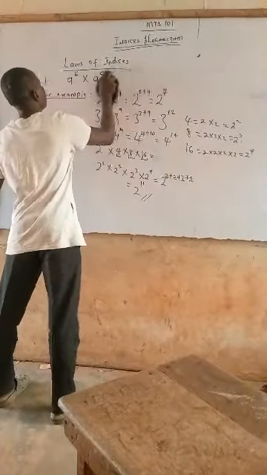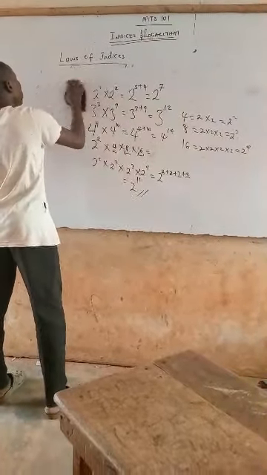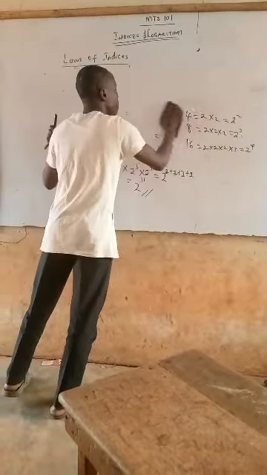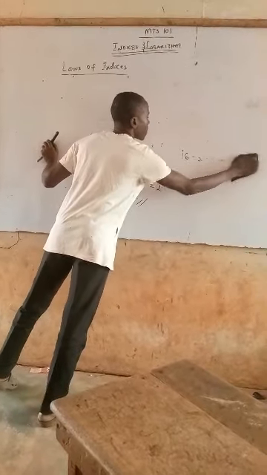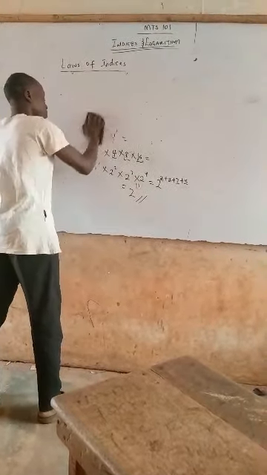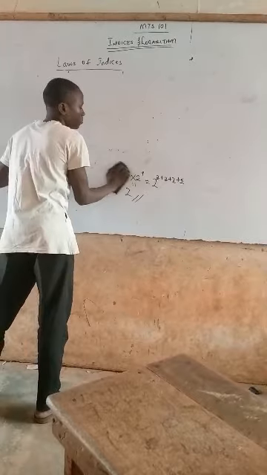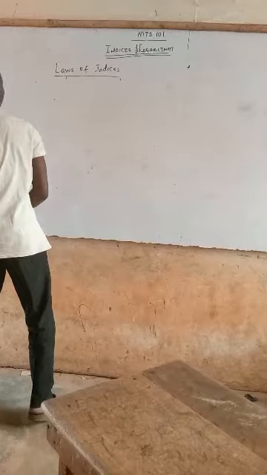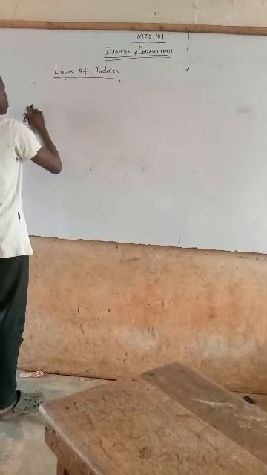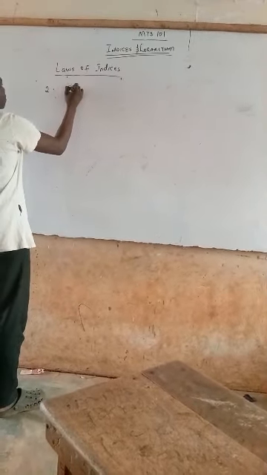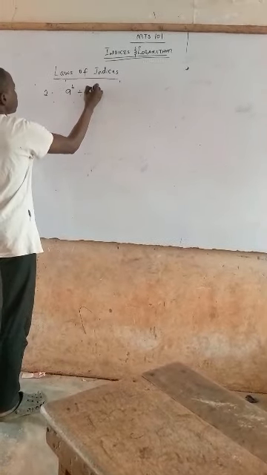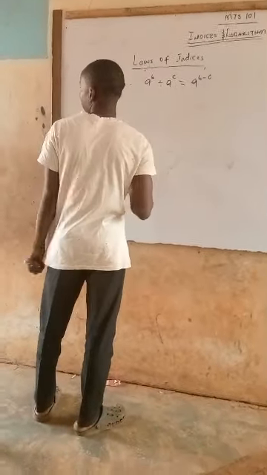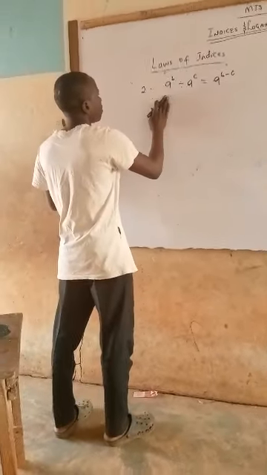Now the second rule, or the second law of indices, is the division rule. If you have a raised to the power of b divided by a raised to the power of c, it will be equal to a raised to the power of b minus c. Now, for example,